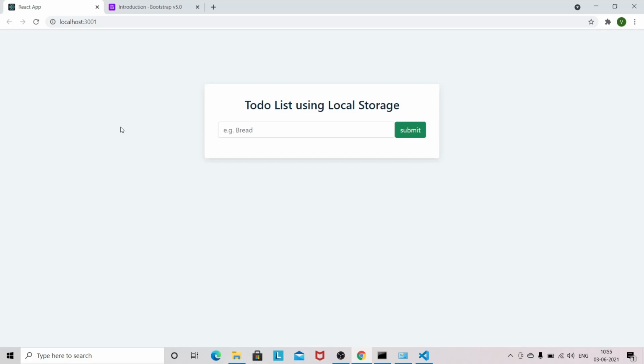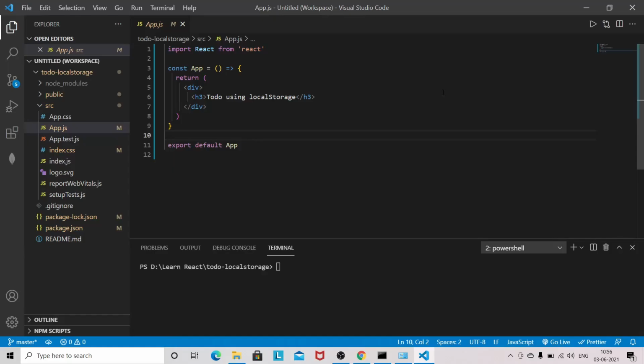So let's jump into VS Code. As you can see, I have created a basic npm project. You can create the React project using the command npx create-react-app and your app name. Whatever app name you want, you can give it.